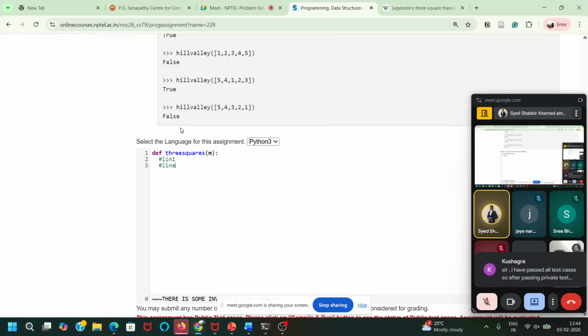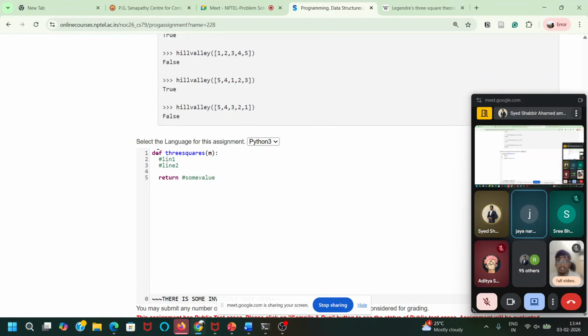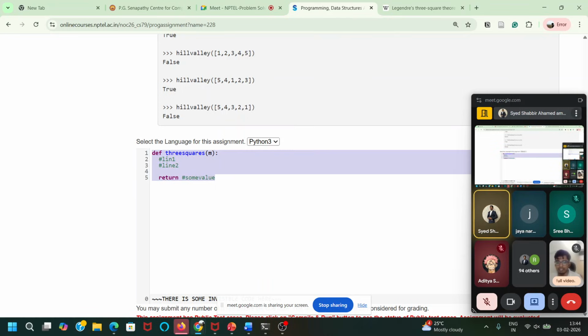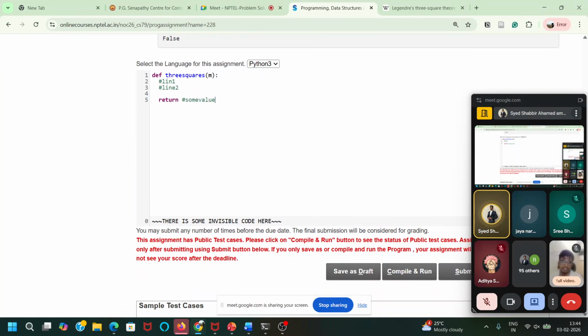I'm just giving some comments. After some lines, you have to return some value for the function, like true or false, something. So like this, you have to write the first function, and then the second function and third function. You should not write any test cases here.